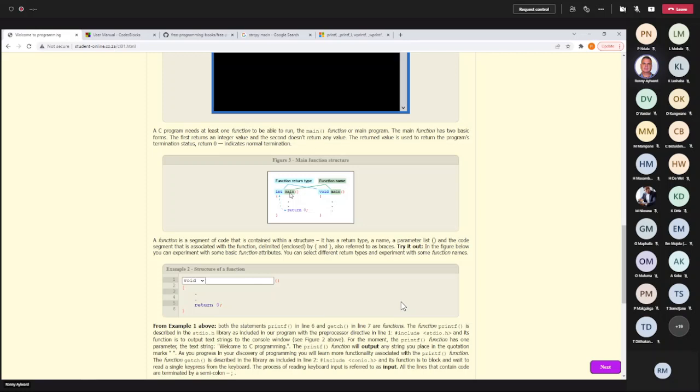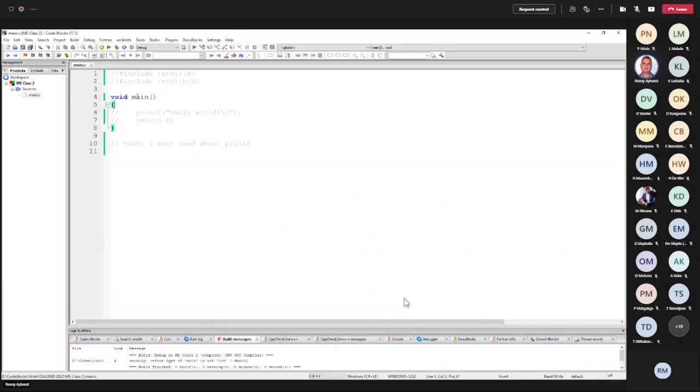Okay, so main indicates that this is the function that is the start of my program. And it's not main with a capital or all caps. It's main like that. It needs to be exactly like that.